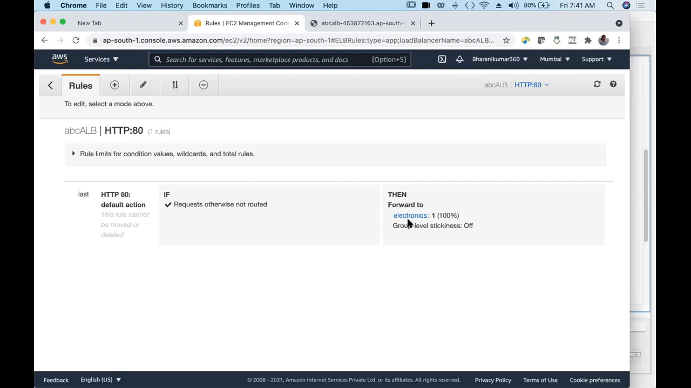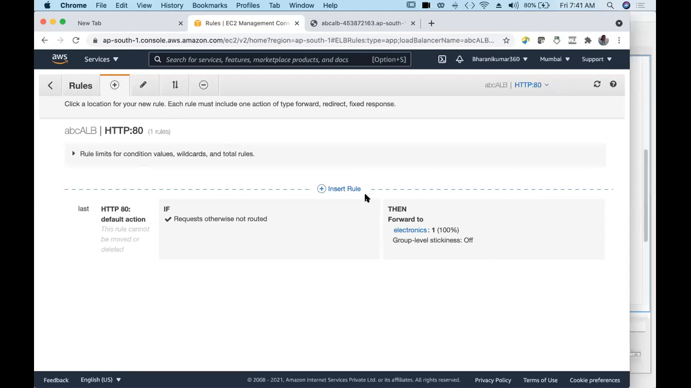Instead of this, you can create another target group, calling it as home server or home page kind of a thing, and make it as default one. So all the traffics which are not specified attached with the path will go to this. This is a default one. Now let us add rule. This is default one, and also let us add rule. Insert rule,